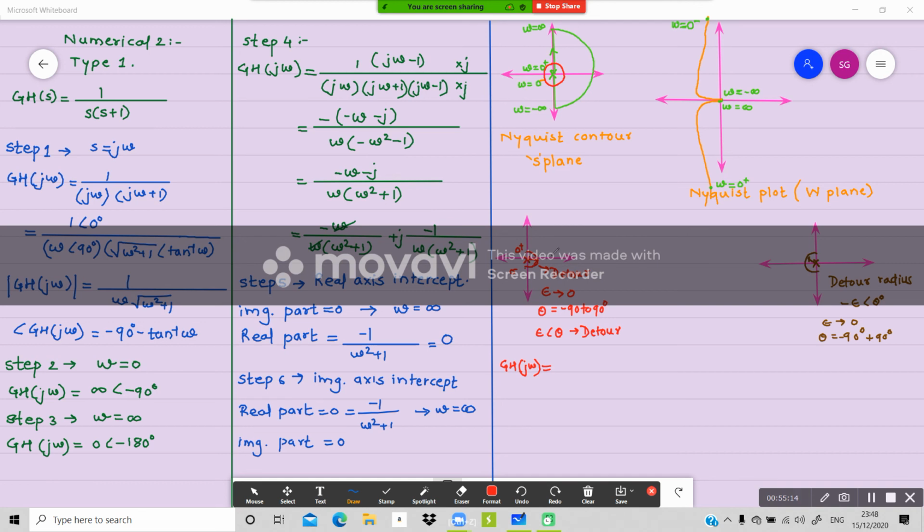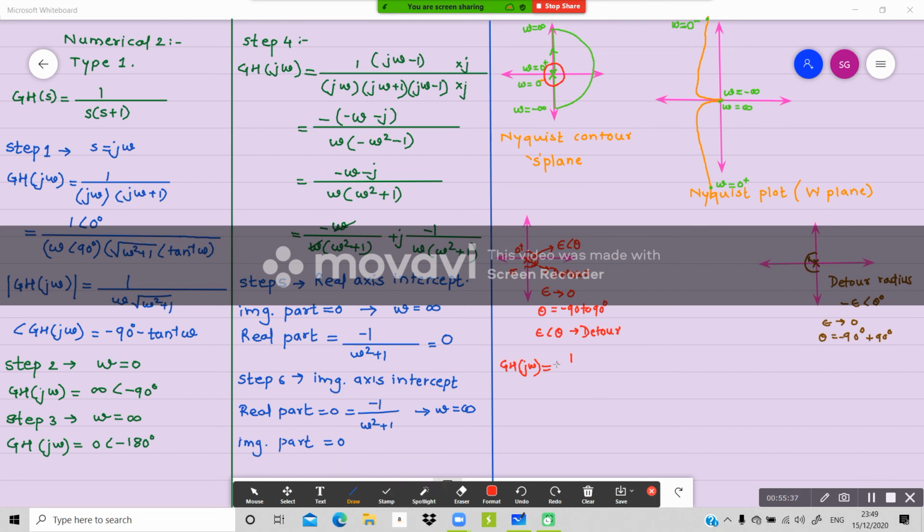One minute. Again I'll draw. I'll show you. From this pole till this point, you are drawing this, correct? And this vector in polar form is epsilon at an angle of theta, right? So this is the value of s for this detour, so you are supposed to put it in the equation. So what equation are you going to get?